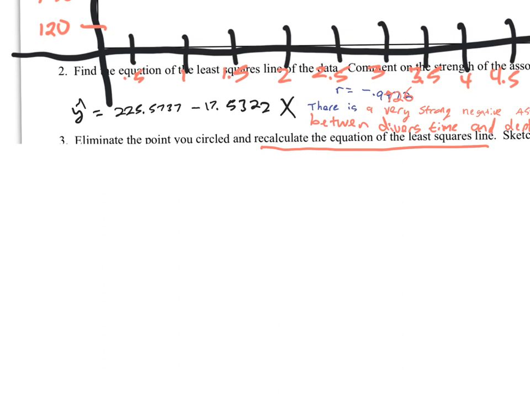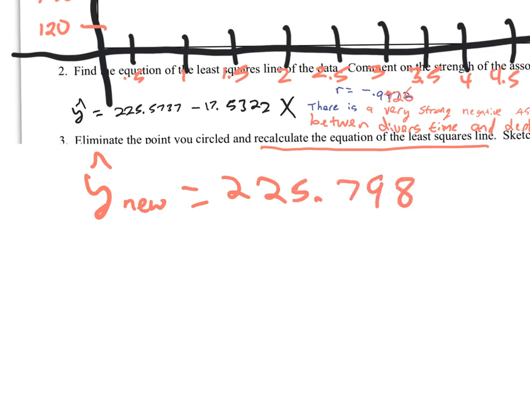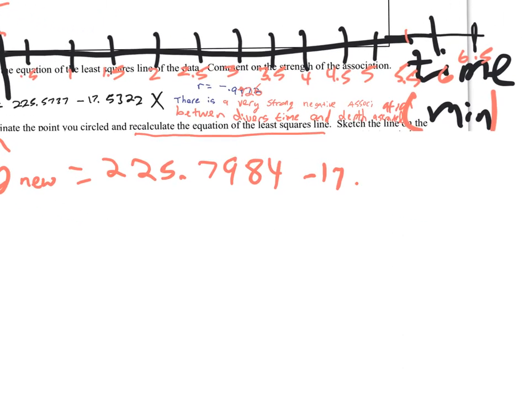Most of you have the new equation in your calculator. So y hat new, because they'll keep it tracked differently, is, I think it still said 255. 225. Oh, it's not 255 no more? I know the other one was 225 as well. Oh, 225? Oh yeah, you're right. 225.847984, minus the 17 point